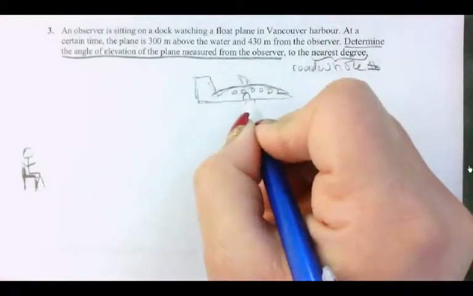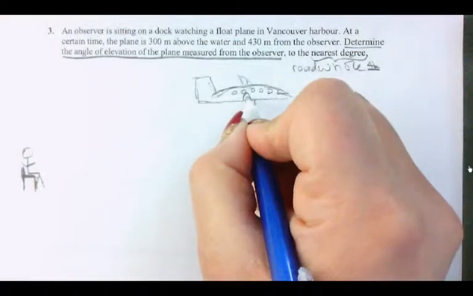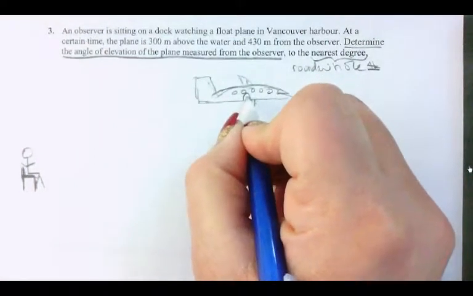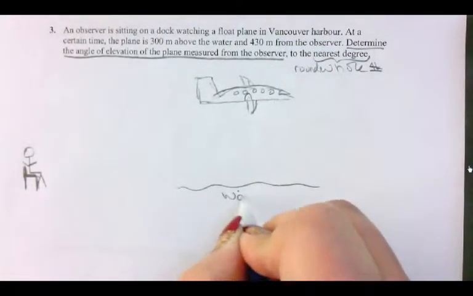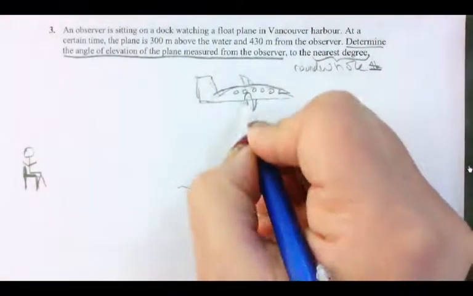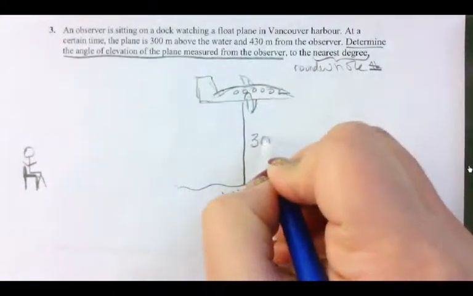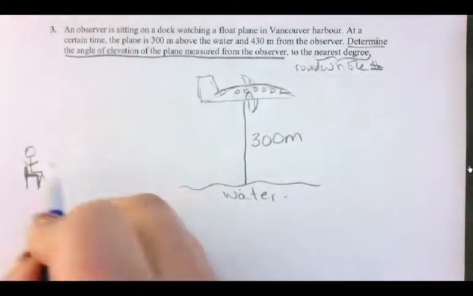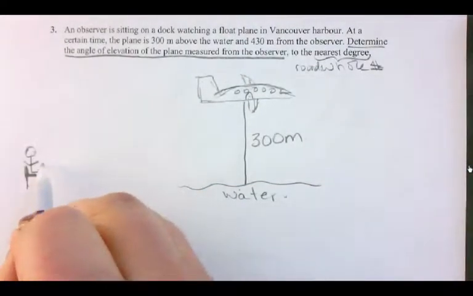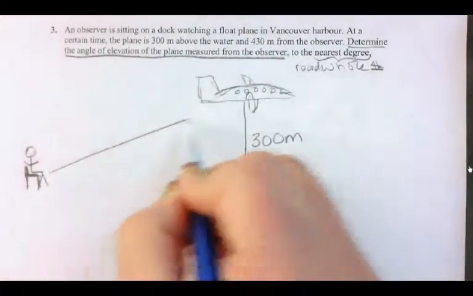300. So if you had to jump out of this plane, how far are you going to fall before you hit the water? Okay, water, your jump is going to be 300 meters. All right, so this guy is watching this here. So he's watching it,